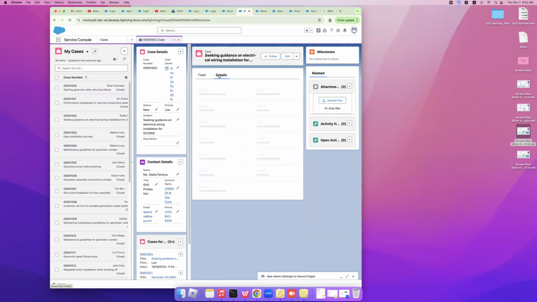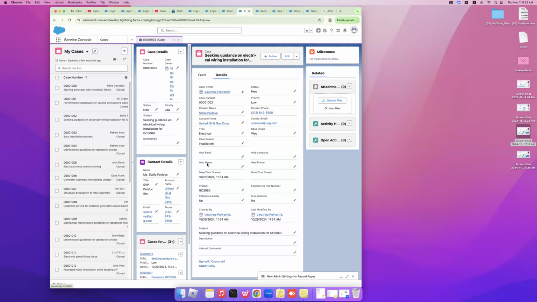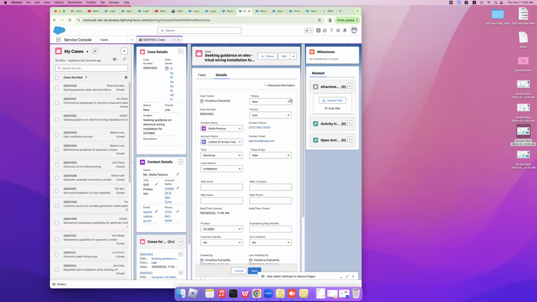Okay, you can see the details of the case here. And based upon their activities, it will be moved to the different stages. If you can see, here you have the status option. Here you have only the 3 stages, but you will be having a variety of statuses based upon